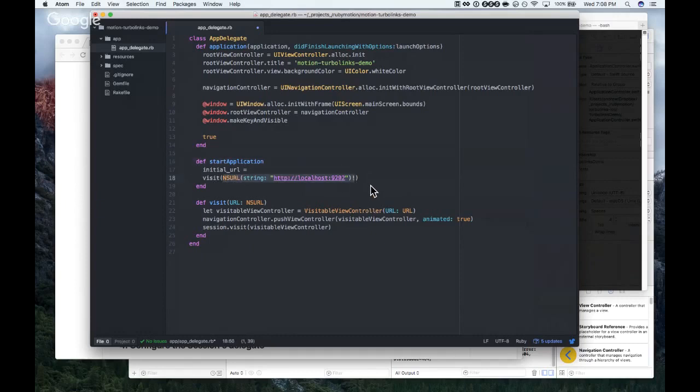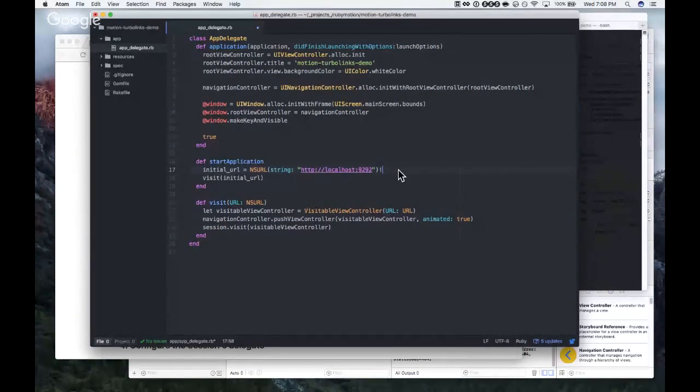So I'm starting to extract this into a variable here. So this NSURL parentheses string and with the bang at the end here. This bang I think means like this is not optional.